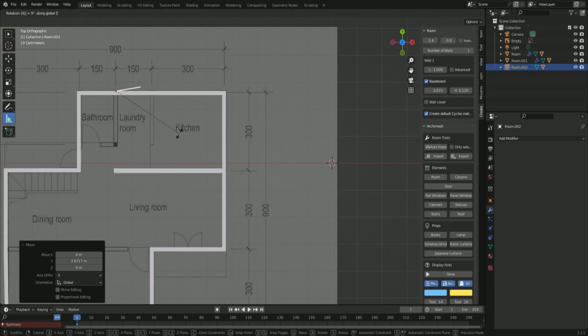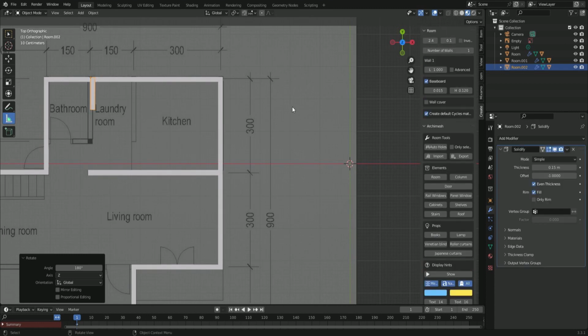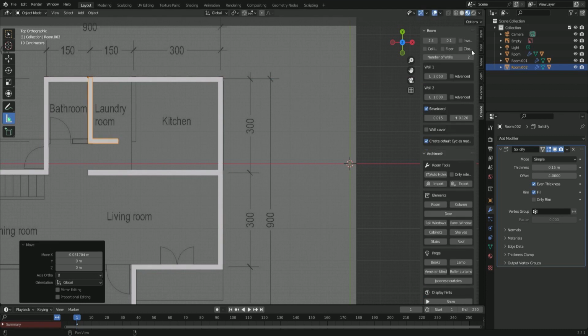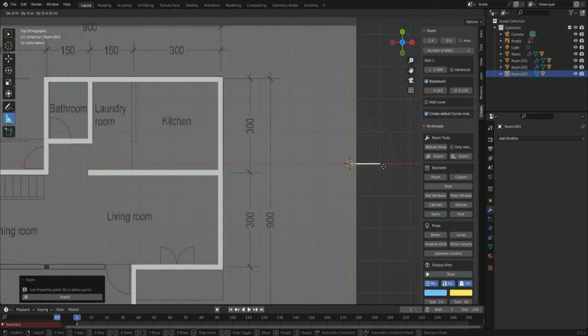Oh, need to rotate it back around the other direction. You can make it a little bit easier when we're rotating the walls. I'll just show you in a moment. Yeah, the extra length there, it's gone a little bit out. I'm just going to tap G, X, and just move it along the X axis slightly, and it brings it